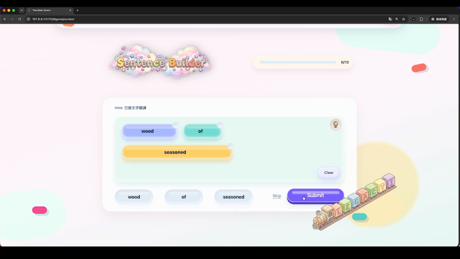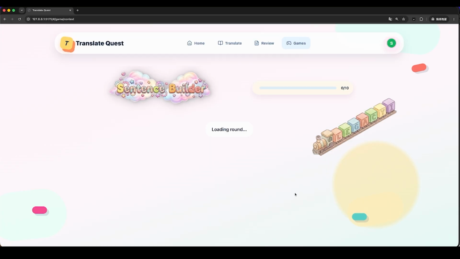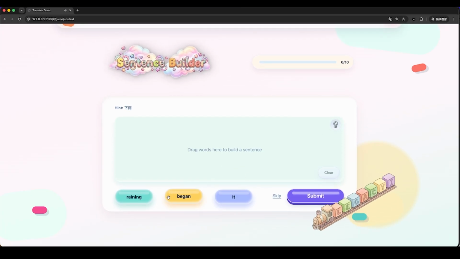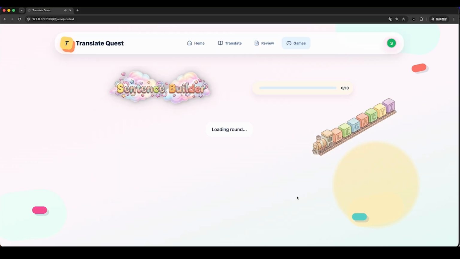That said, sometimes the sentences from the local fallback can turn out a bit too long. I set up an auto-detect feature to keep the sentences relatively short while still making sure users can grasp the meaning and restructure them. It's still a bit tricky at the moment, so if anyone has a better solution, feel free to leave a comment and let me know.